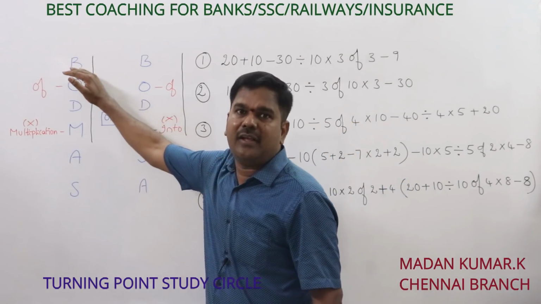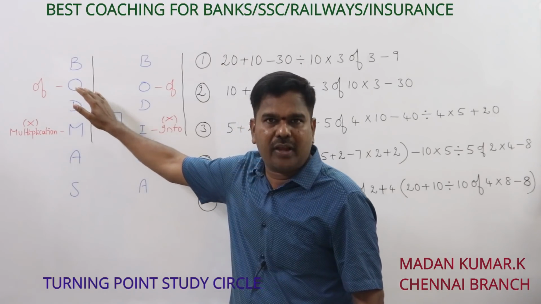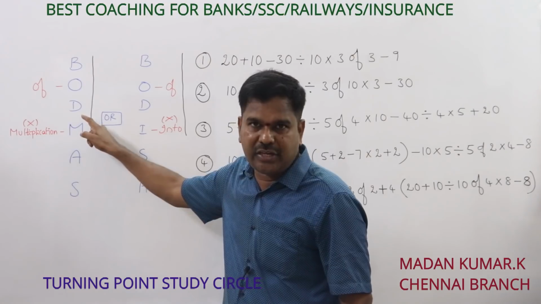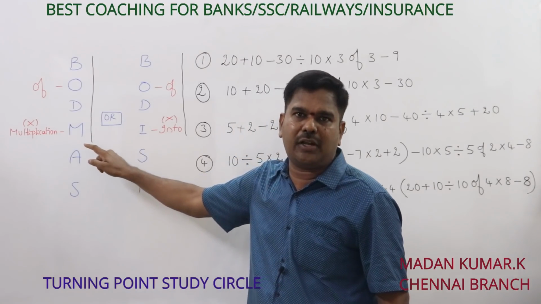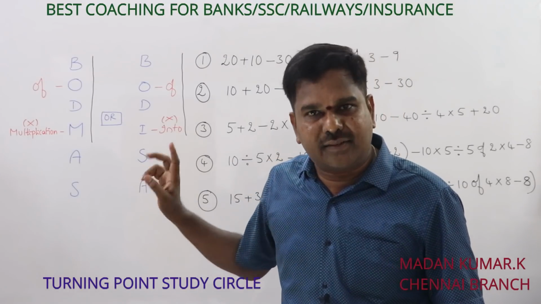First brackets: simplify all the brackets inside, and then you should go for of. Wherever "of" is there, we need to go ahead with the multiplication. Then you should come to division. Then only we need to go ahead with the multiplication. Finally, whenever you are left with only addition and subtraction,